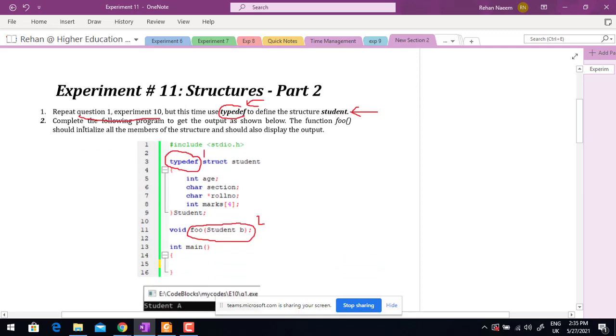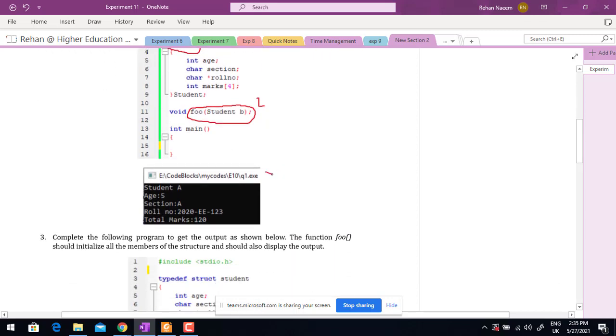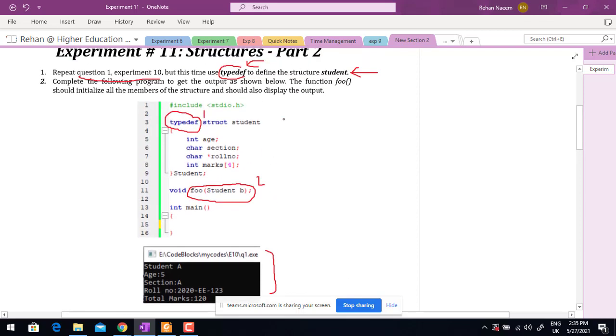Okay, in question number 2 you have to complete the following program to get the output as shown over here. So this is the output, same output as in question number 1, experiment number 10, but this time you have to use function foo. The name of the function is foo, and this function has one argument which is the variable b of type struct student.